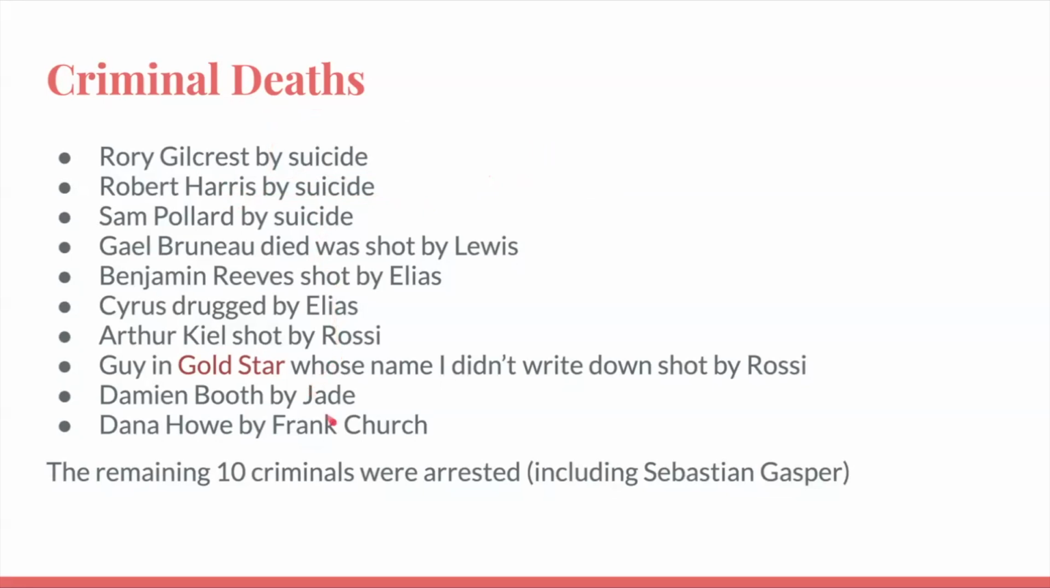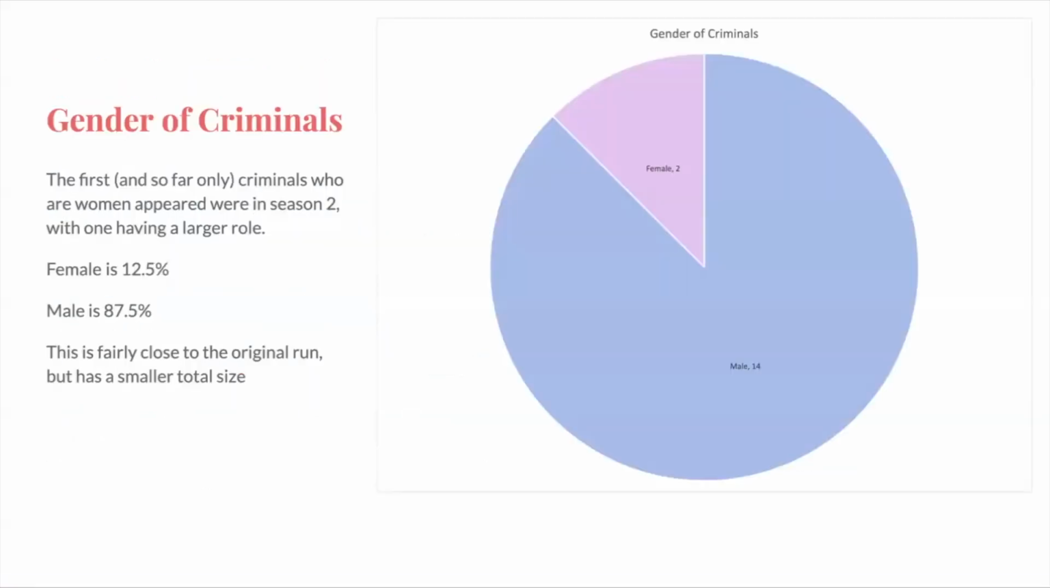And the remaining 10 criminals were arrested, including Sebastian Gasper, who did not commit any on-screen crimes, but was still arrested for shady stuff. This is a pie chart of the gender of the criminals, and the first and only so far criminals who are women appeared in season 2, with one having a larger role, that one being Jay and the other being Dana. So female makes up 12.5% and male is 87.5%, and this is fairly close to the original run with slightly fewer women,